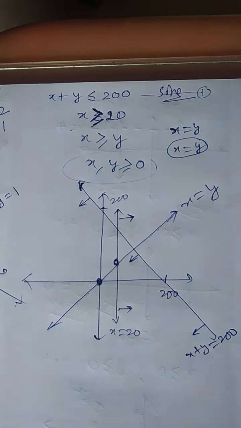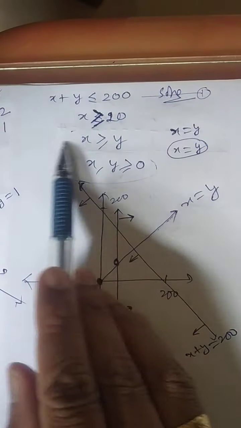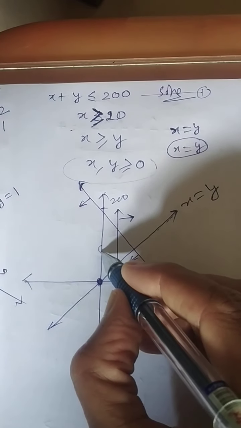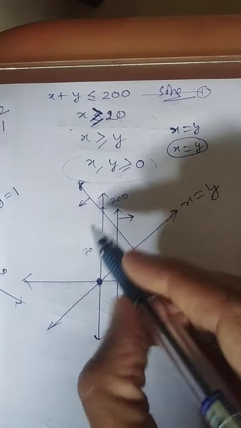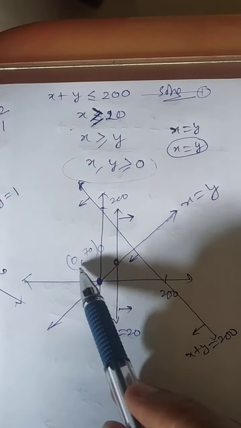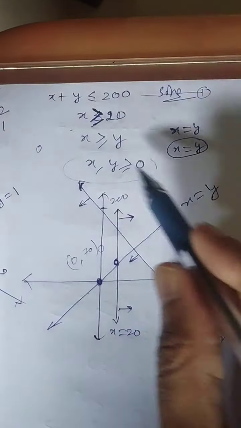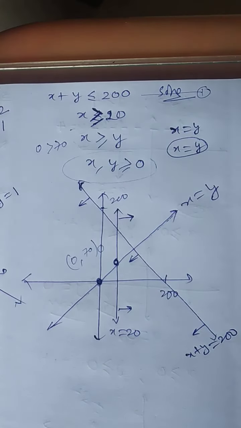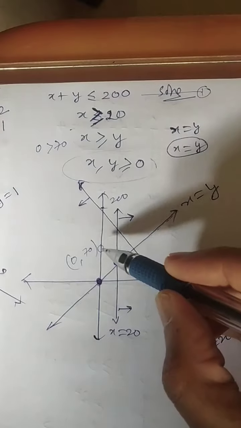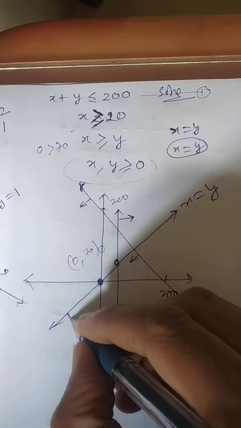But the issue is you cannot take this point and test whether it is true or false. So now I am considering this point, somewhere around 70. I put (0, 70): x is 0 and y is 70. Do you agree 0 is more than 70? No. So shall I move towards this selected point with respect to this line? No. So down of this one.